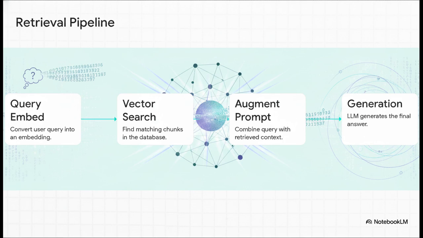You ask a question. Step 1, your question is also turned into an embedding, a number. Step 2, the system does a vector search, finding the specific chunks of data in the database that mathematically match the meaning of your question. Step 3, it takes your original query, adds the context it just found, and packages the whole thing into one big augmented prompt. And finally, step 4, the LLM reads this augmented prompt and generates a beautifully accurate, context-aware answer